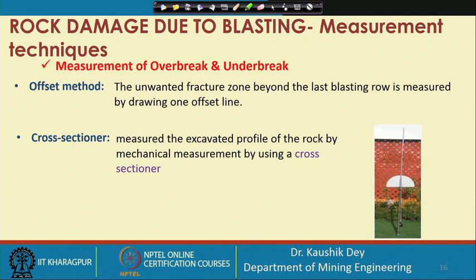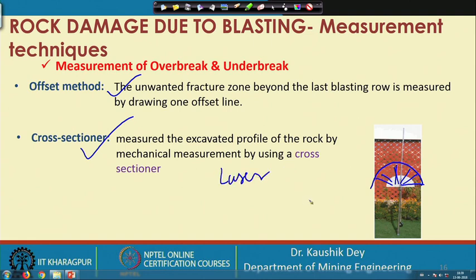The monitoring system, which is in general used for damage monitoring, for over break and under break, which is basically excavation, generally uses surveying methods, either surveying with a total station by taking the offsets, or using a cross sectioner, which takes the offsets at different angles, and by plotting those offsets from different angles, finally the plots can be made like this. Same thing is possible with the laser also, where the laser rotates like this and the distance